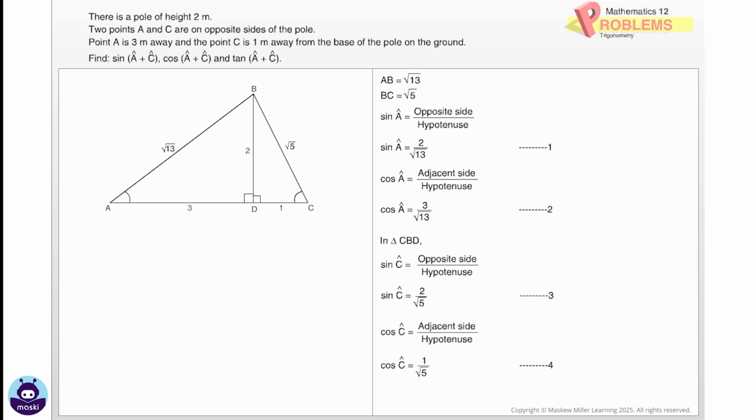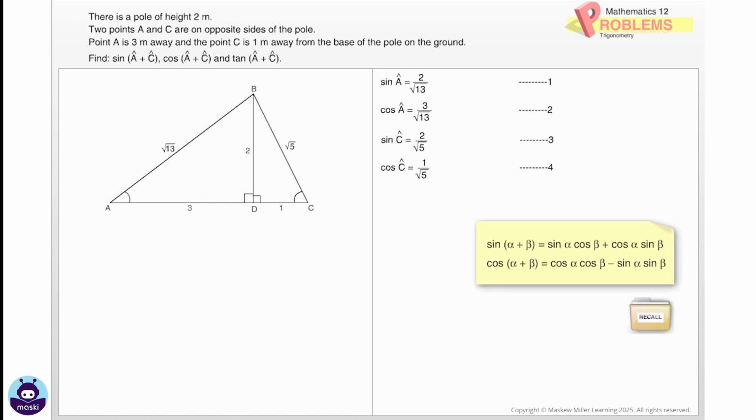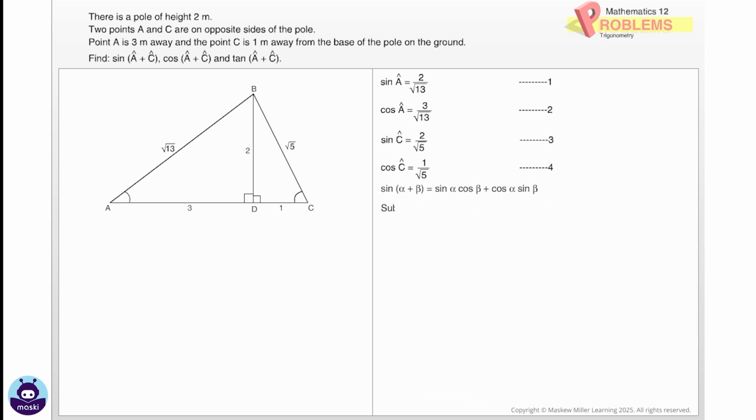By applying the compound angle identity for each of the ratios, sine and cosine, we can get the answers to the questions. Let us recall the identities for sine and cos of compound angles. Substituting angle A and angle C for alpha and beta, we get sine of angle A plus angle C equals sine angle A cos angle C plus cos angle A sine angle C. Substituting the values of sine A, cos A, sine C and cos C from equations 1 to 4, we get